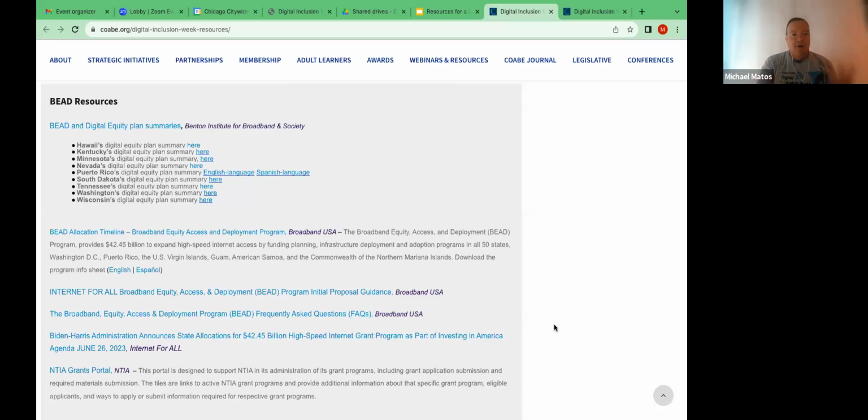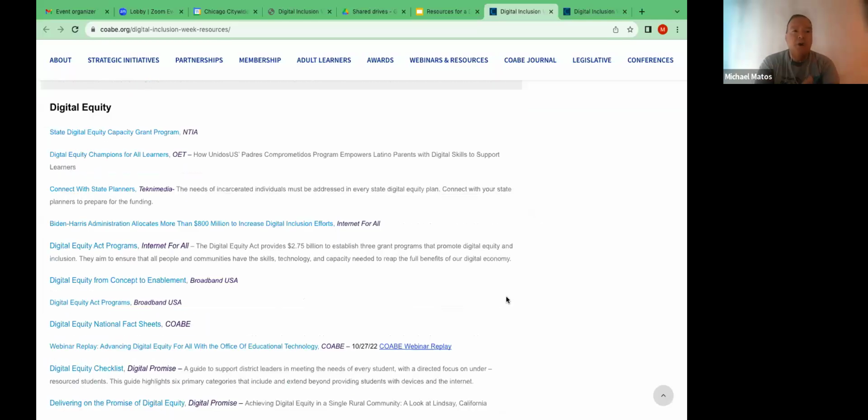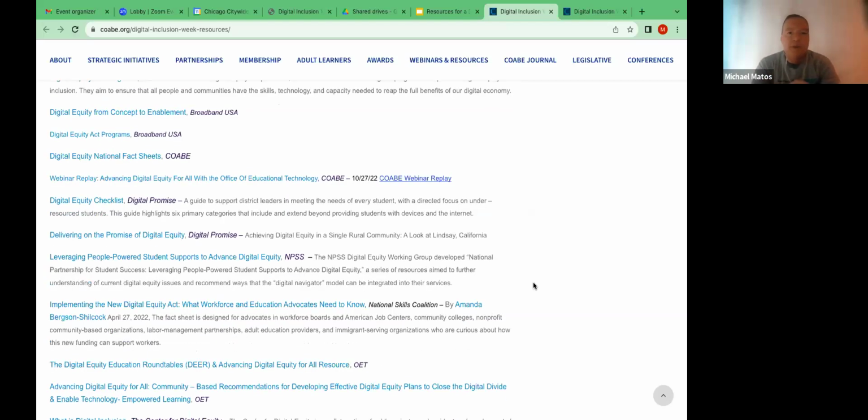And then as I go down through the resources here, one of my favorite sections, obviously, is all the resources that you see under digital equity, and just a number of fact sheets, the Internet for All package, which has a number of templates as well that you can look through there. If you take a look at some of the information, you can see the digital equity checklist that Digital Promise offers, as well as learning how to advocate for digital literacy and digital inclusion,